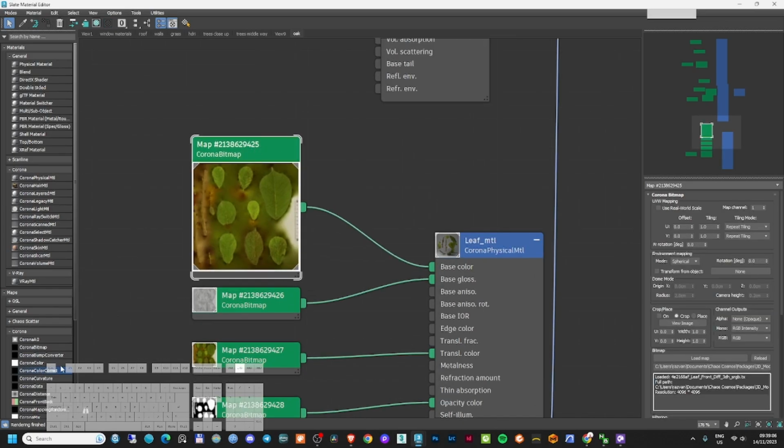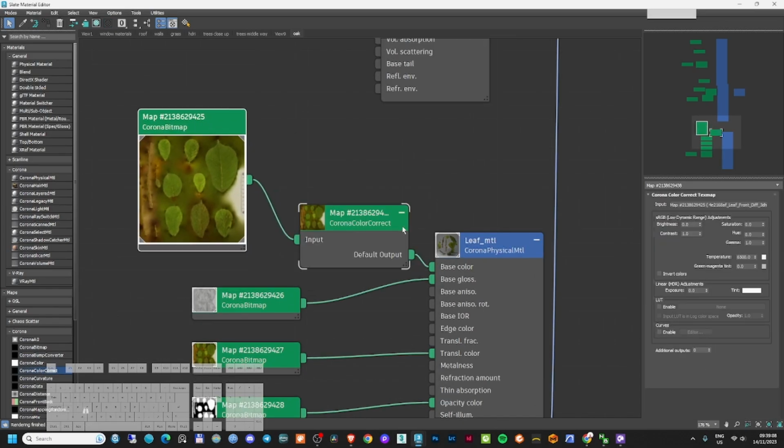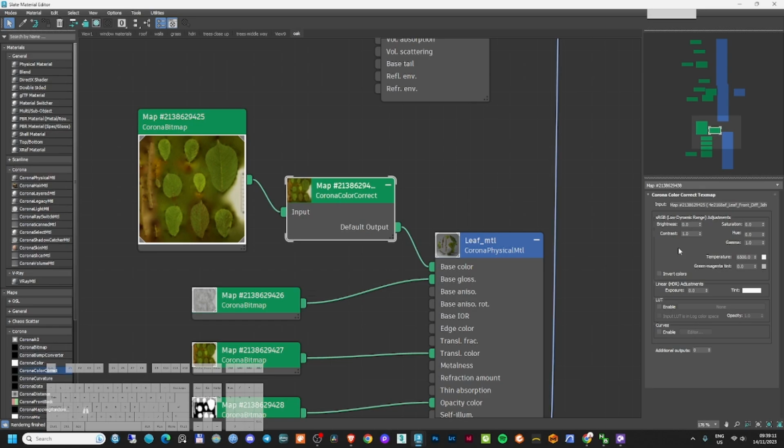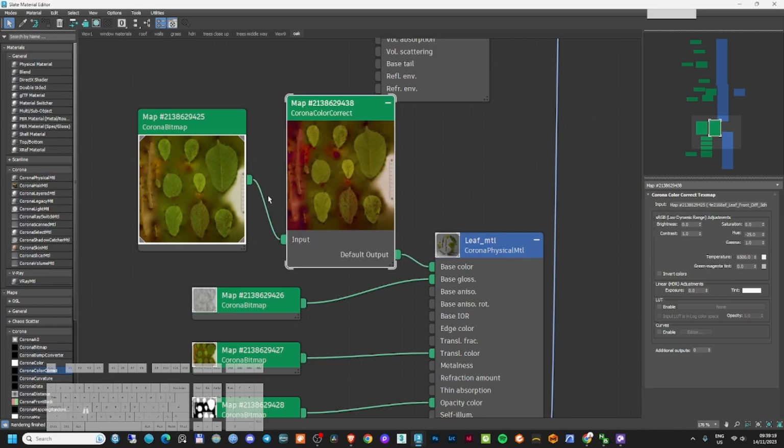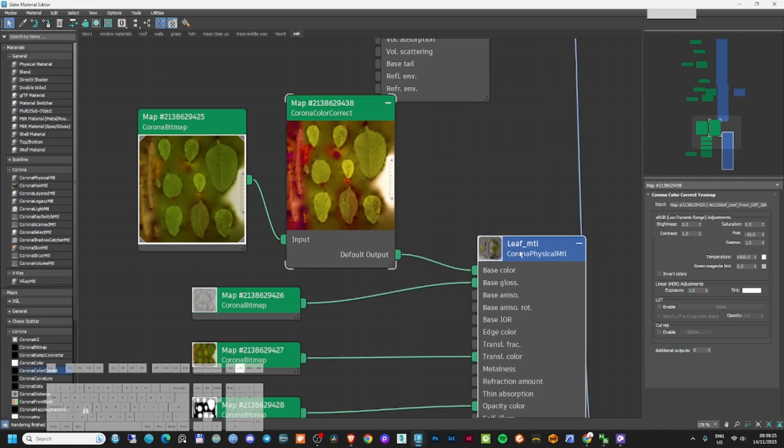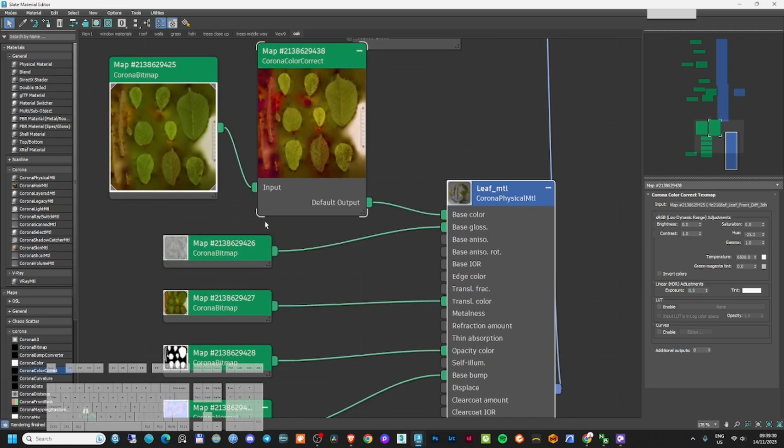I would like to make these ones a little bit more yellow, so they are starting to look more yellow. I will do that by changing the hue and the saturation. It's already more yellow, and I can also make them a little bit more bright, maybe not that much. And then I will add in here